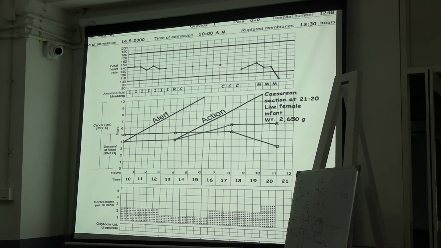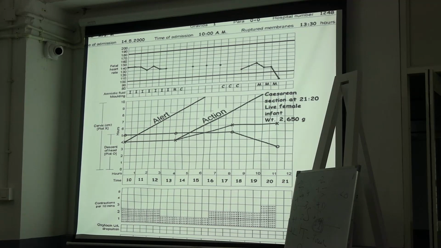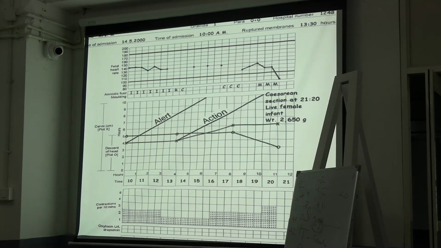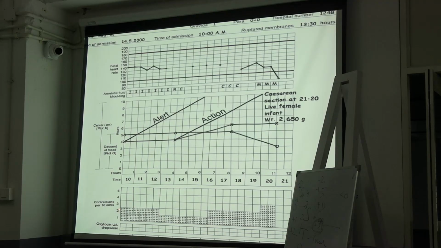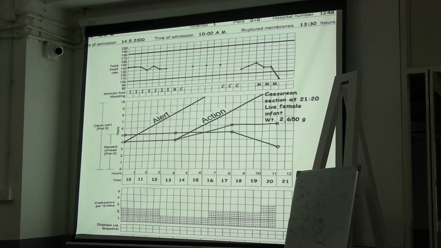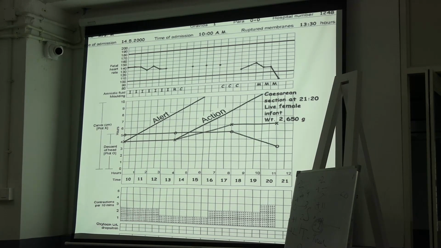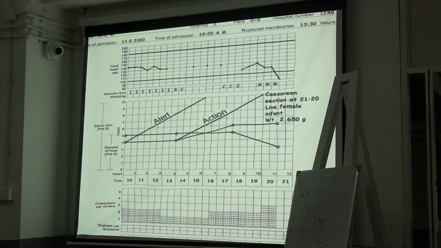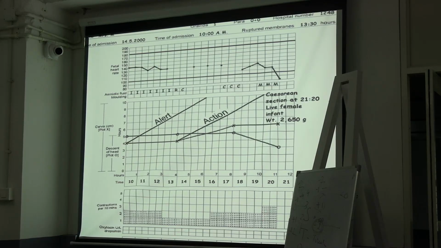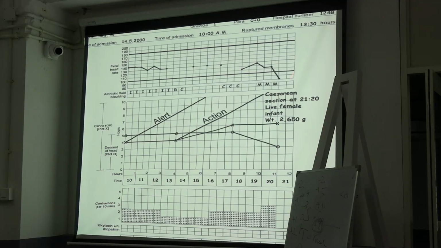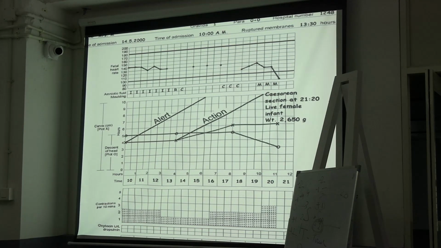Contractions were inadequate. When we say contraction adequate, it is more than 3 contractions in 10 minutes, lasting for more than 40 seconds. That is good uterine contraction. If it is less than that, that is inadequate contraction. So here you can see inadequate contraction: only 2 contractions in 10 minutes, lasting less than 20 seconds. Dot means less than 20 seconds. Here the contraction lasted less than 20 seconds, and it was 3 contractions per 10 minutes. But other parameters were also bad. They were meconium stained liquor.